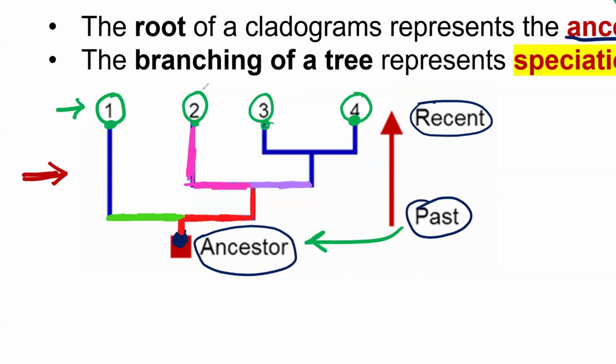After this branching, we are forming descendant number 2. But if we follow this green branch that we have at first here, we are forming descendant number 1. If we keep tracing with this purple line and go up here, it also branches again. It separates into this descendant, which is descendant number 4, as well as descendant number 3 on this other side, which I'm indicating with the yellow.